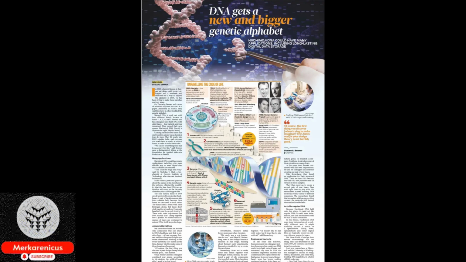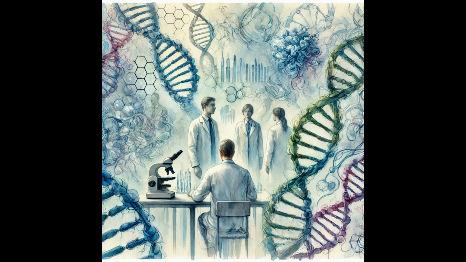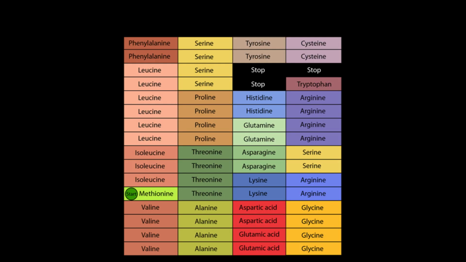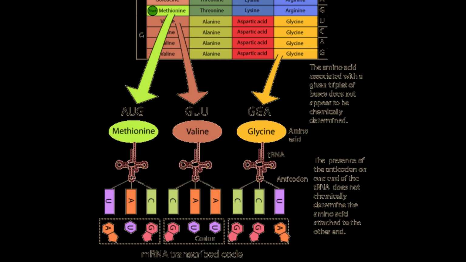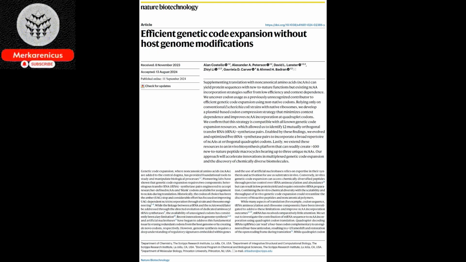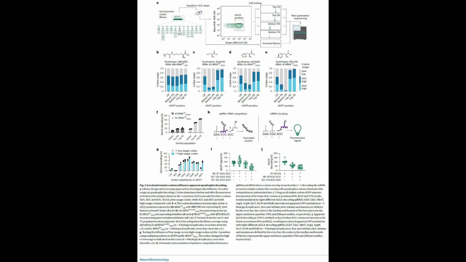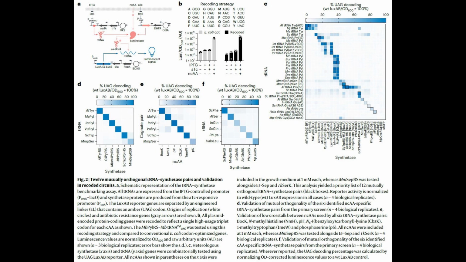Researchers have broadened the genetic alphabet to develop novel proteins. Greetings to everyone. Today's video centers around a fundamental principle taught in every introductory biology course. Proteins are made up of combinations of 20 distinct amino acids organized into various sequences akin to words. However, researchers at Scripps Research have introduced an innovative method that utilizes 4 RNA nucleotides instead of the conventional 3